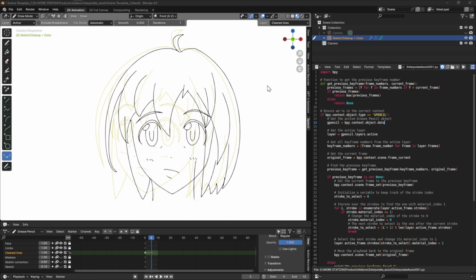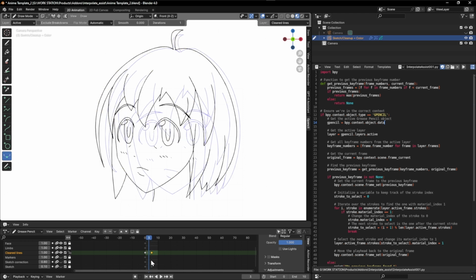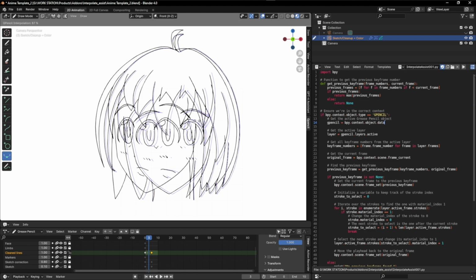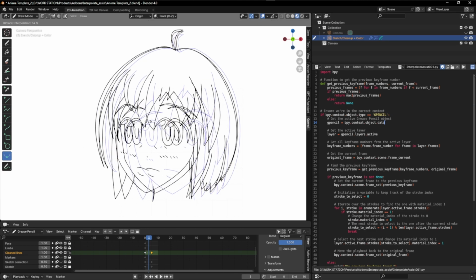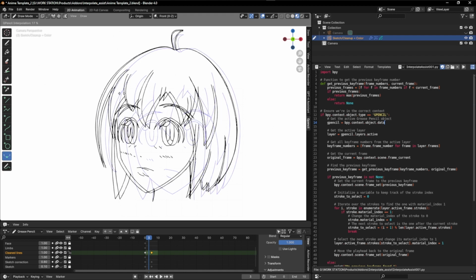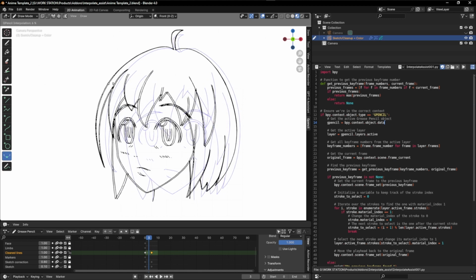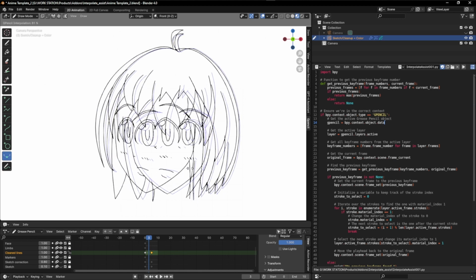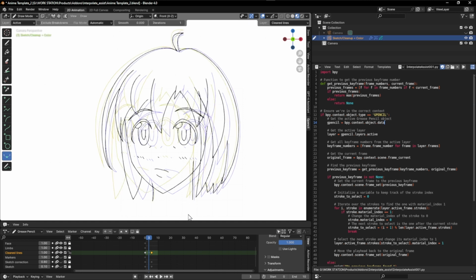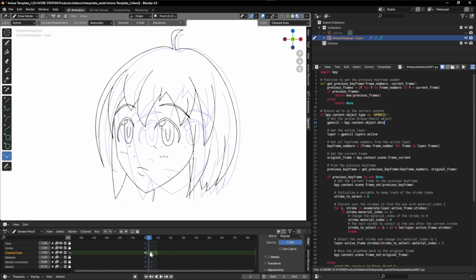Okay, and we are back. Now that the drawing portion is done, let's check if all the strokes are drawn in the correct order. I'll go to a place in the timeline that doesn't have any frames. I'll select the Interpolation tool, and here we go. And you can see that all the strokes are drawn in the correct order, and I didn't have to think about it, because Blender showed it to me in which order they have to be drawn. There are a few minor issues, such as over here and over here, but I can use the regular